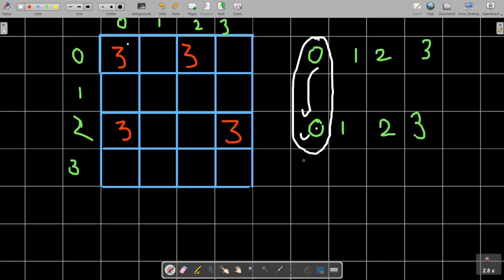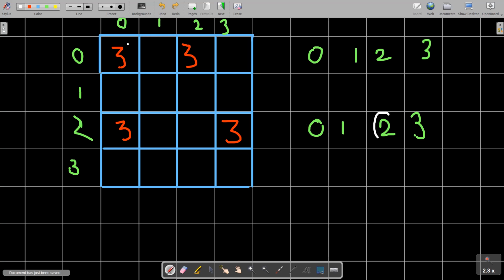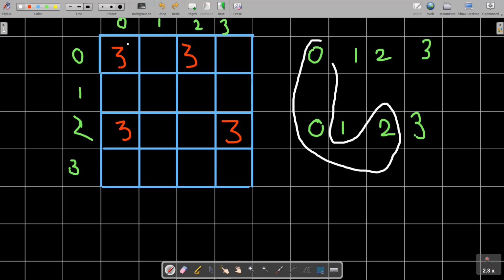Now for the next one, it is 0, 2. I will have to do the union set operation for this one. So I will find the parent of this connected component, which is coming out as this one, and the parent of this one is the node itself, the column number itself. So I will have to join all these elements.